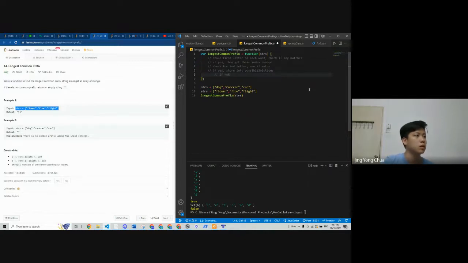Not, remove solutions. I feel this solution is kind of long though.